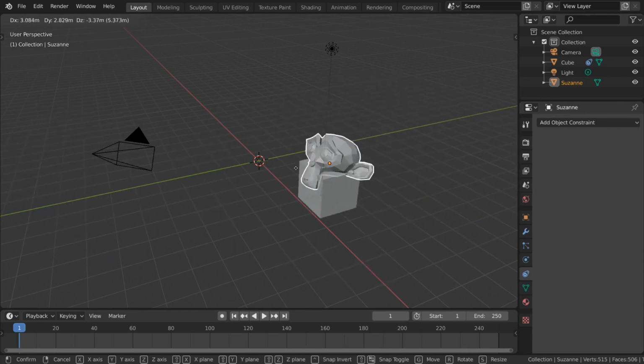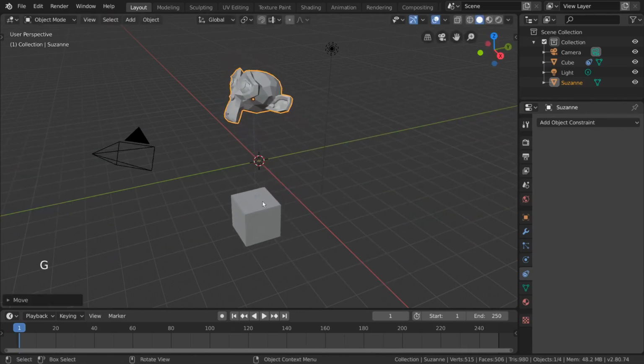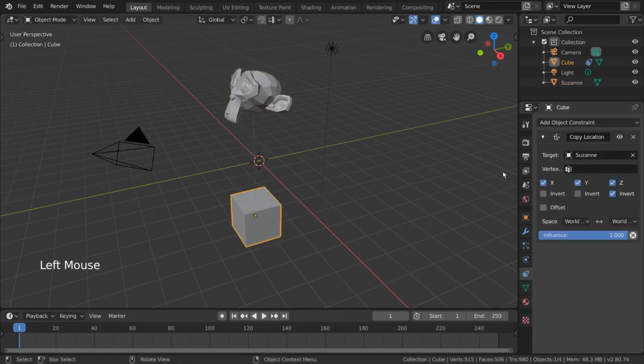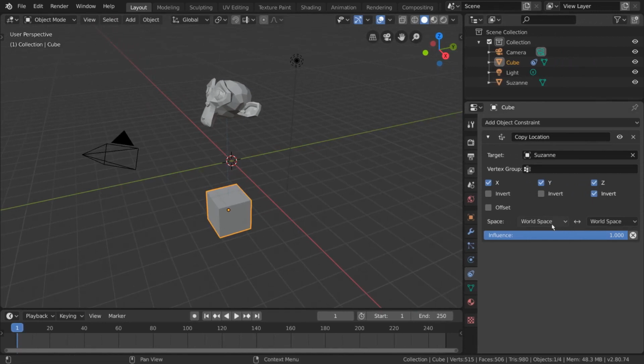Now, I mentioned the copy location constraint ignores the rotation of the reference object, but that's not entirely true if we change world space to local space. The first drop-down here controls which axis data to interpret from the reference object, while the second drop-down controls which axis data to influence for the selected object. Let's change the first drop-down from world space to local space, allowing us to reference the monkey's local axis location